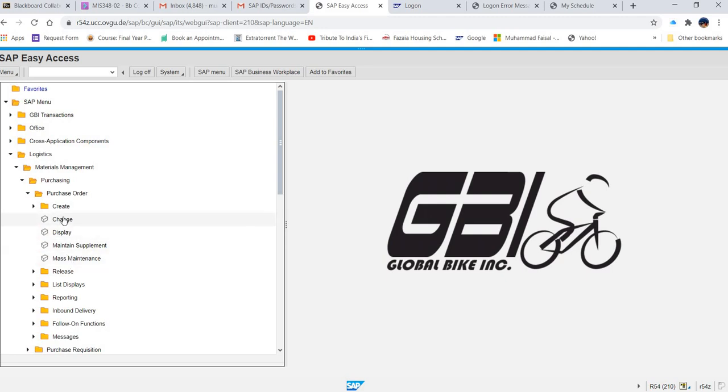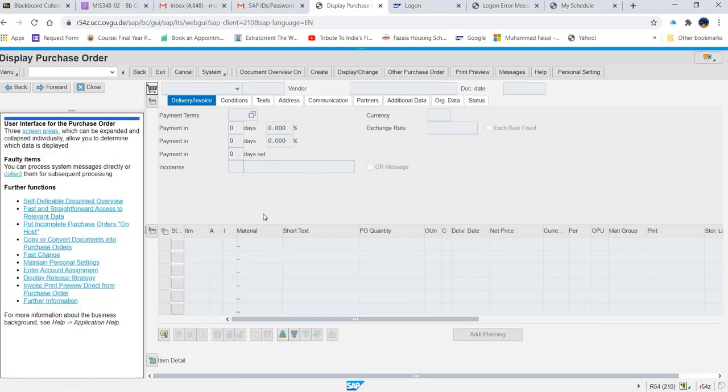So if you run any of them, then you will be inside the transaction. Right now I'm not interested in what will happen when I click here. I'm just telling you how you can work with any transaction. And you can also note that when you are in any transaction, the number of options on the easy access menu has changed.